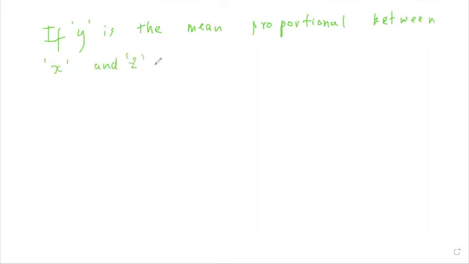If y is the mean proportional between x and z, prove that